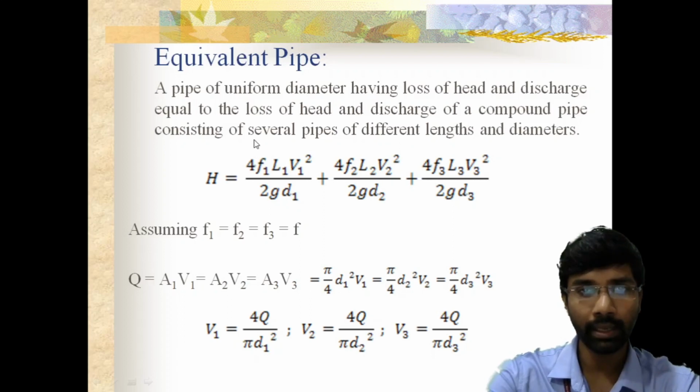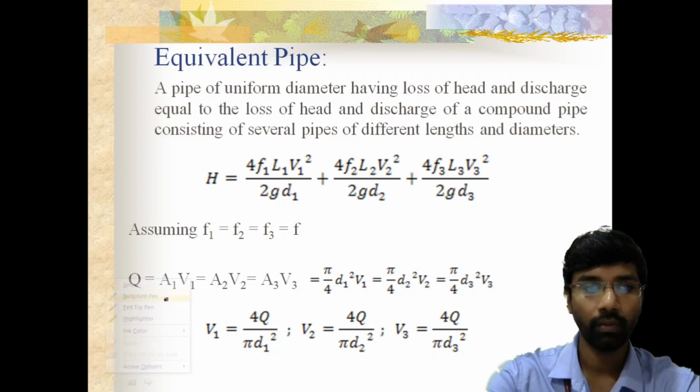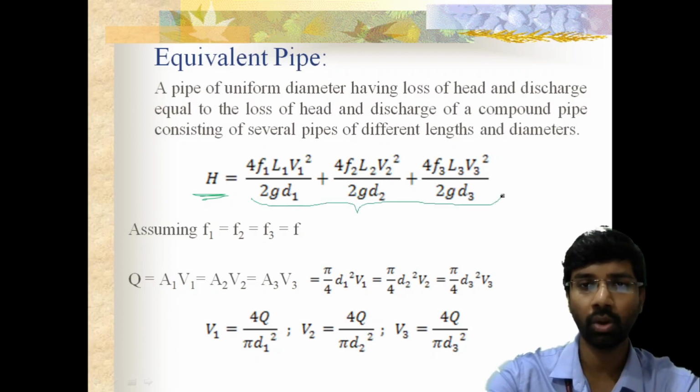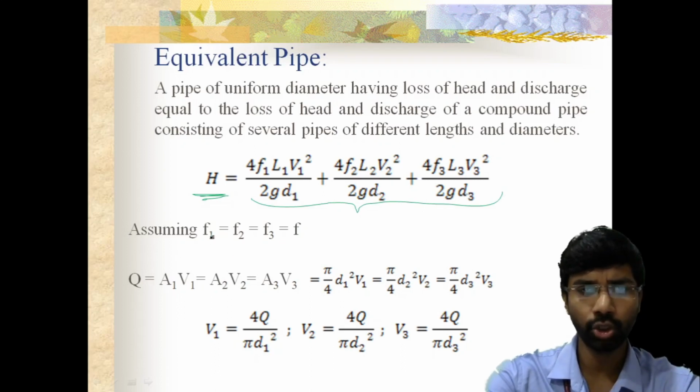From the earlier case, we know that the loss of head H can be written as the summation of the losses due to friction in the three pipes. Let us assume the friction factor for all the pipes is small f. From the continuity equation, Q = A1 V1 = A2 V2, and A1 can be written as pi by 4 D1 square. So from this you can write V1 as simply